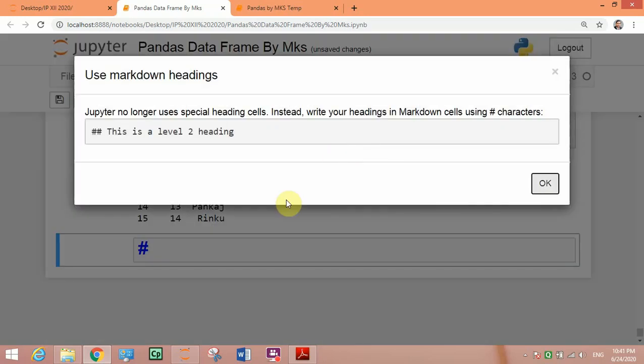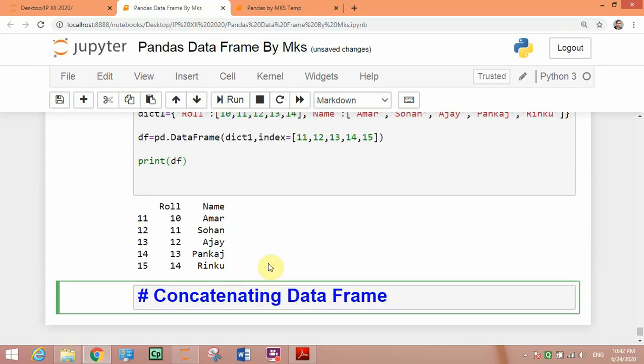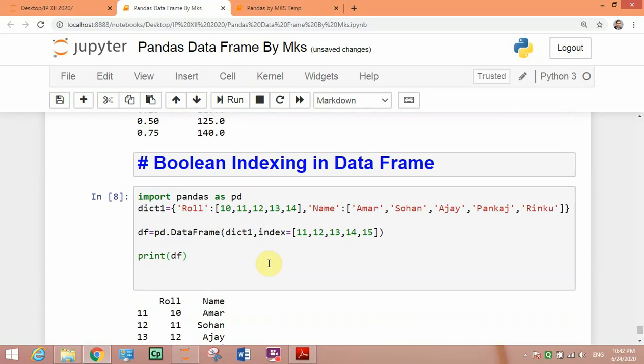Next one is concatenating data frame. For this I will take two example.